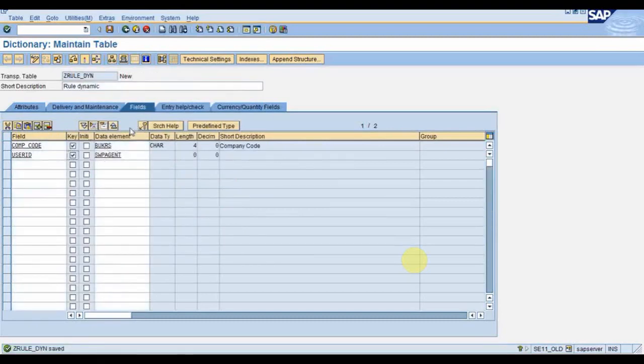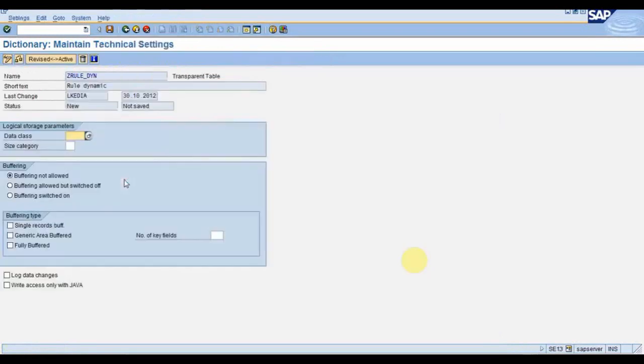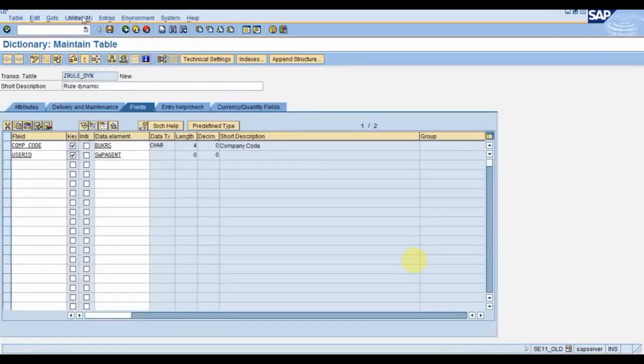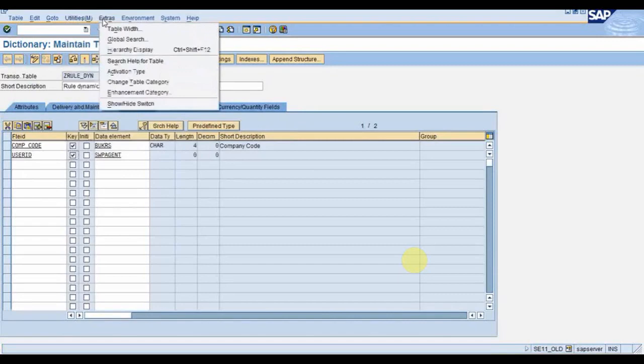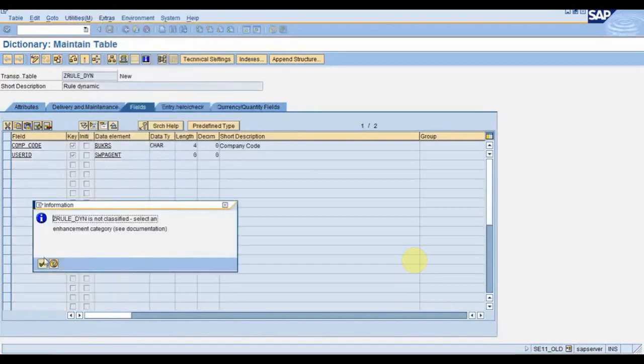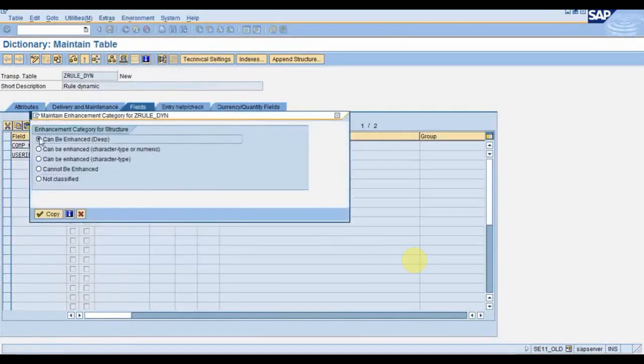Now let me do the technical settings. I will be fetching data from this particular table in the rule, and I will show you how to do that.